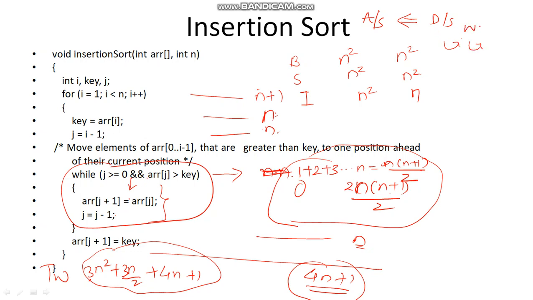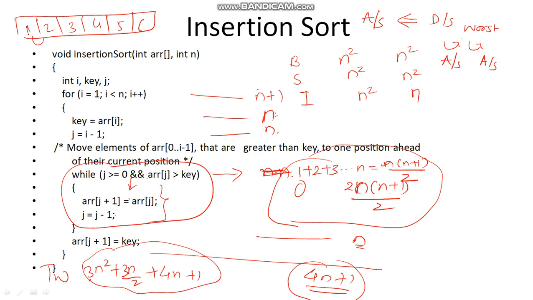So that is the worst case input for you. If you want to sort in ascending order, and the input is in ascending order, let me show you one example here. If the given values are 1, 2, 3, 4, 5, 6, these are the 6 values. This is a given array and you want to sort it in ascending order.